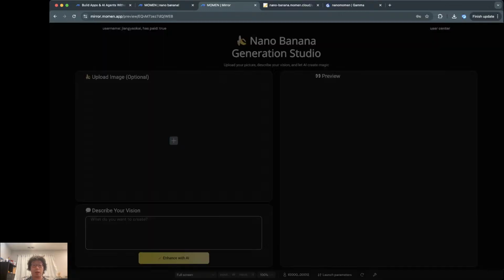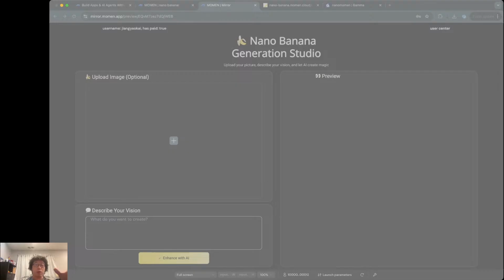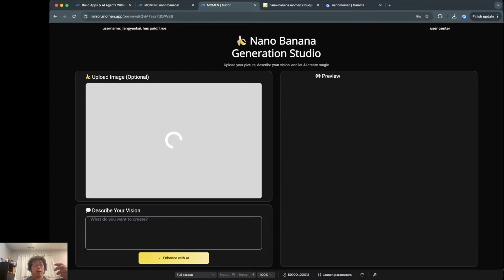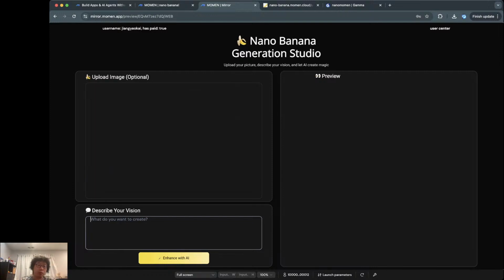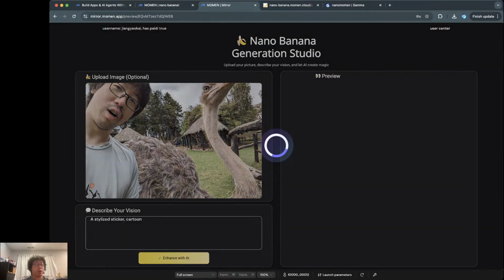We'll sign in, and then because I have all these broken passwords. So this time we'll do the same thing by uploading my image with the ostrich. Where's my ostrich image? Okay, we'll do that, and this time we'll do a stylized sticker cartoon. Okay, so this time it won't try to put sloth and anything in there because, well, it now can